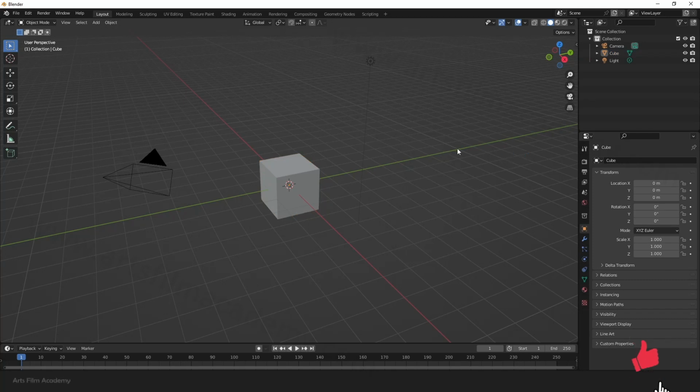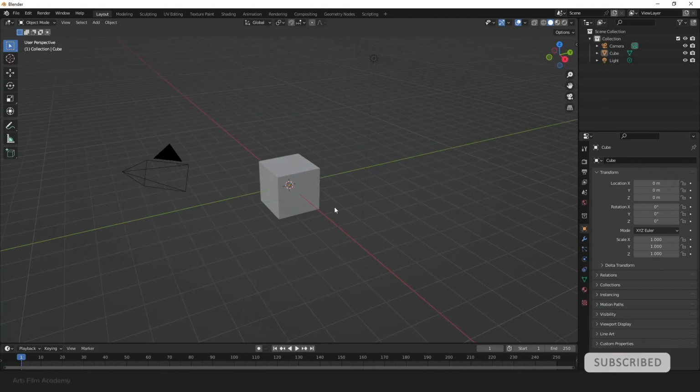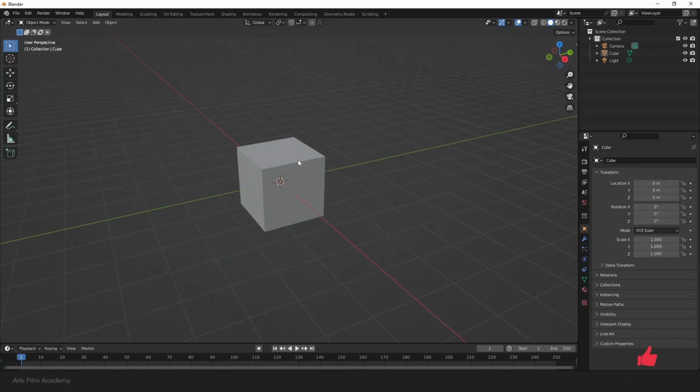Hello students, in this video we will see about unwrapping. Unwrapping is required when you want to position a texture exactly to your required area on the geometry. For unwrapping, select the geometry